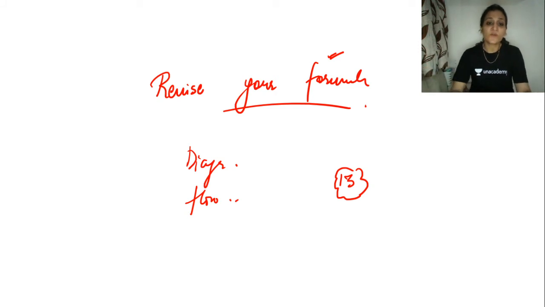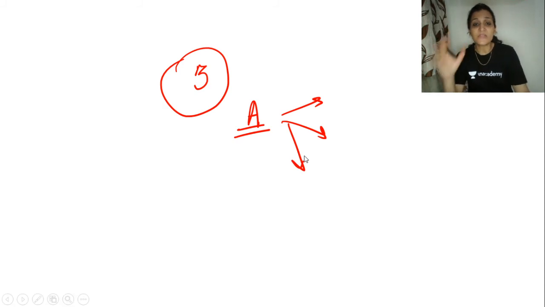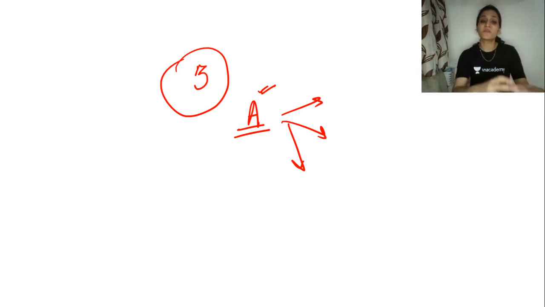So revise your formulas, diagrams, flowcharts, and watch the strategy video that how you are going to attempt all the 3 sections in that particular time. If you are doing section A, just go for the simple question. Don't use extra brain. Like the simple way, if you are able to solve that question, good. If it is taking lots of energy, then it means that the question might be twisted. You can skip and go ahead. So for A, what I would suggest is go for simple things, though they ask you very simple things in A, but there are many students who sometimes get wrapped into solving it in a lengthier way.